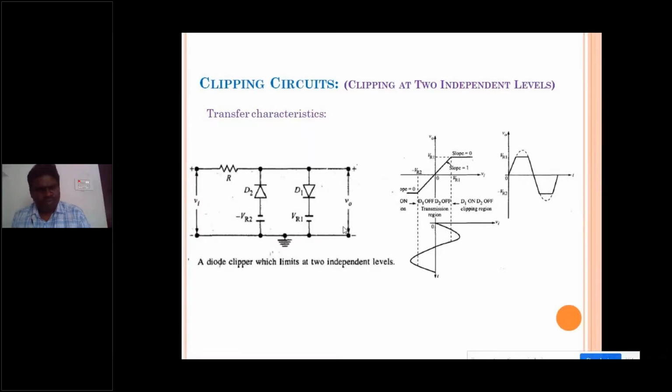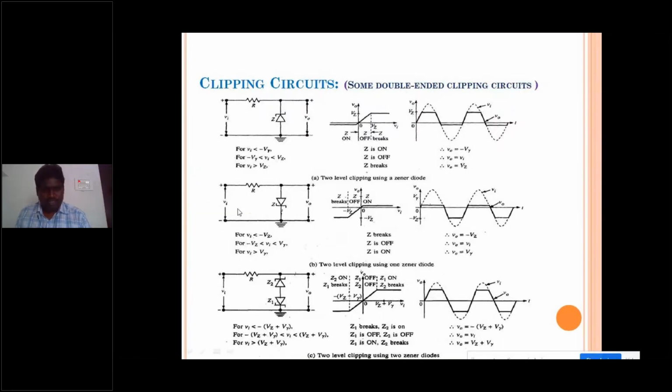You can use many examples for this, like this. So these are some double-ended clipping circuits. You can concentrate on all these things. You can see the Zener diode here. You know the application or functionality of a Zener diode. How does the Zener diode work? As you can see here, the input voltage is applied here. This is a Zener diode. I am applying a positive voltage. What will happen?